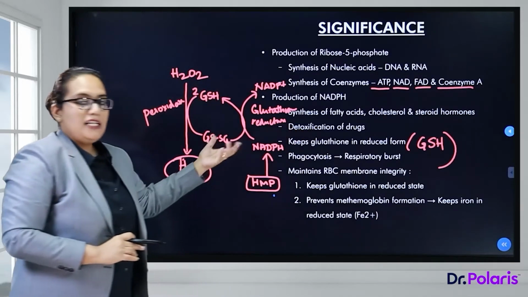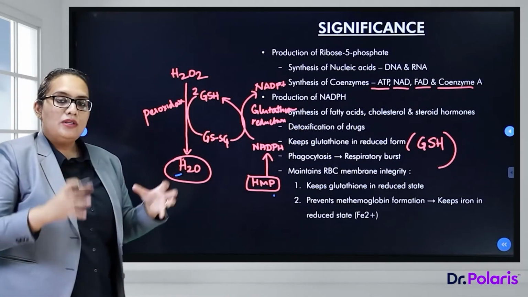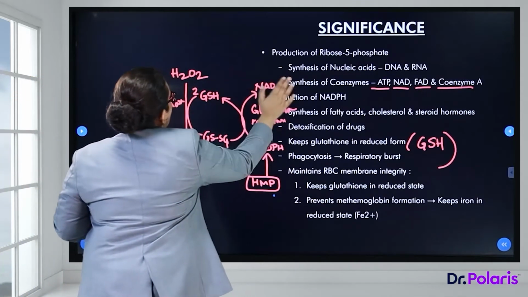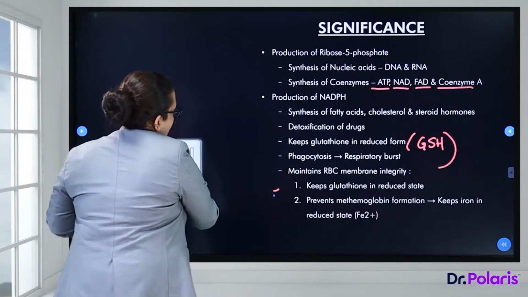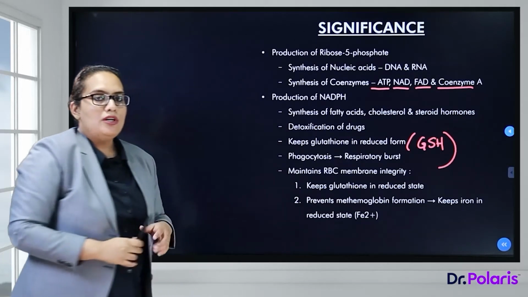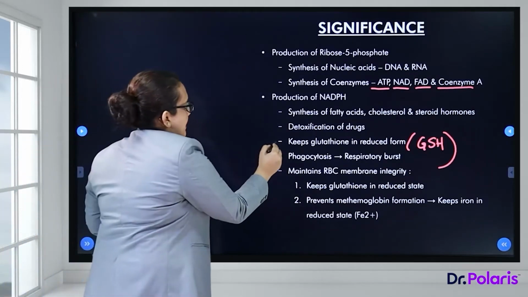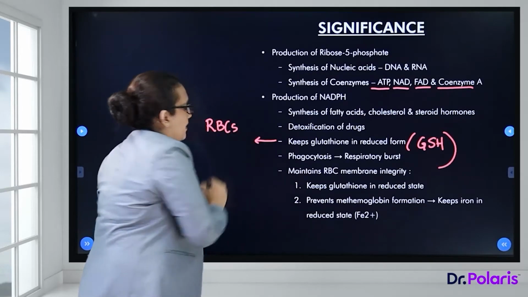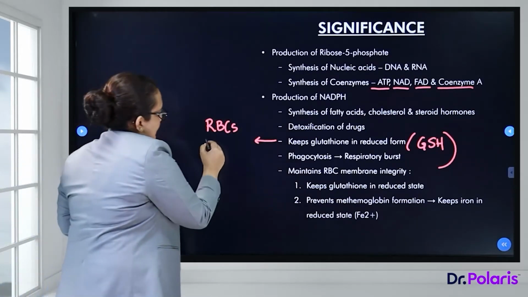So this is how NADPH helps maintain glutathione, especially in the reduced state. Now, reduced glutathione is very important to certain cells or tissues in our body, such as the RBCs, where a lot of free radicals can be formed, and the cornea and lens,